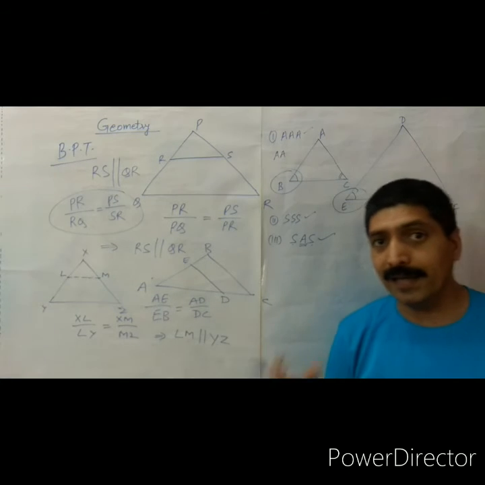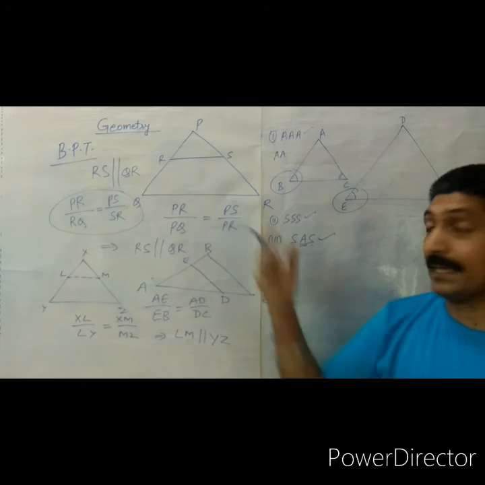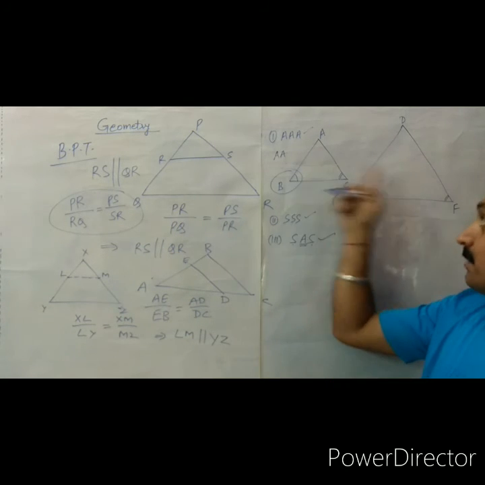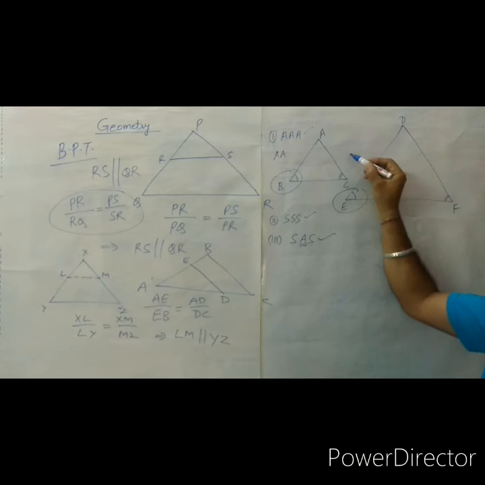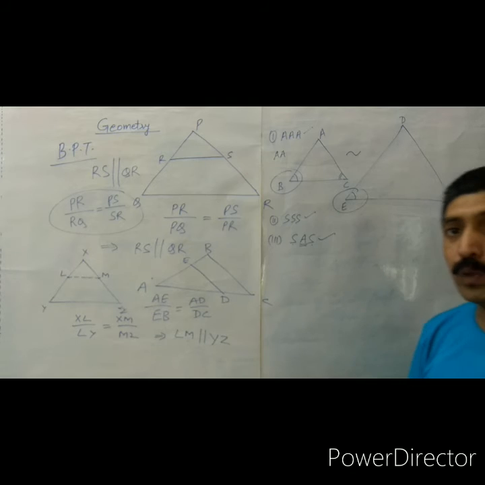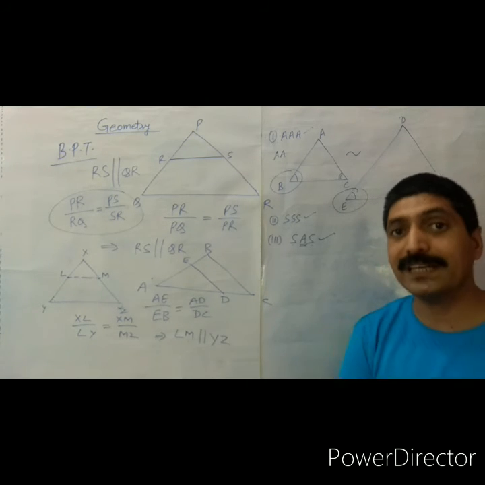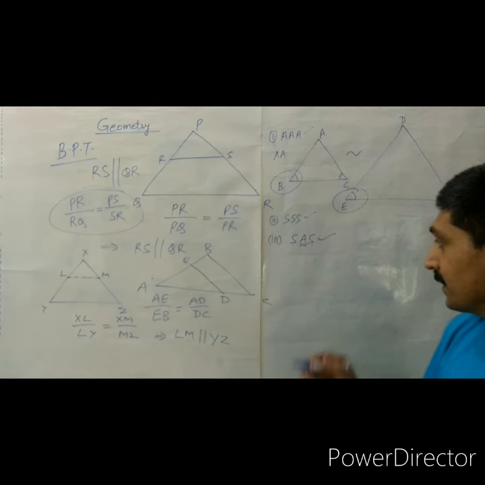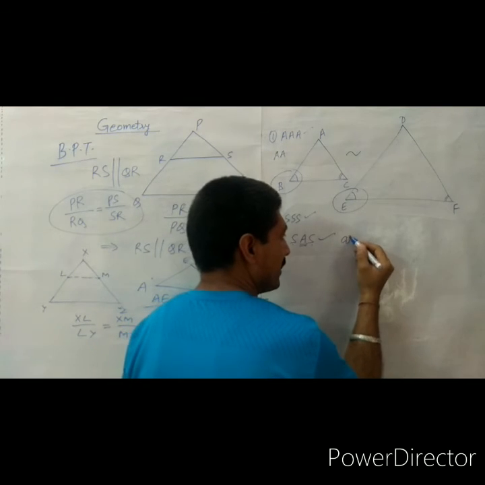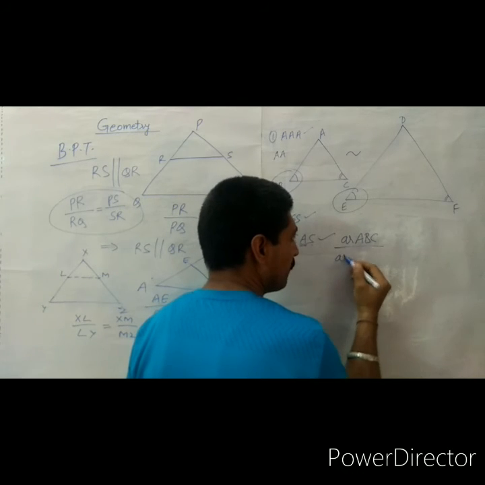Now in the last, we have the relation with the areas. If 2 triangles are similar, triangle ABC is similar to triangle DEF, then what is the relation of the ratio of their areas? So a very important relation here. If area of triangle ABC upon area of triangle DEF,